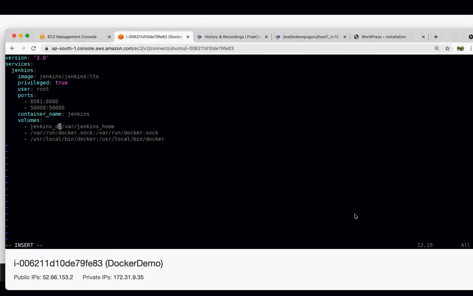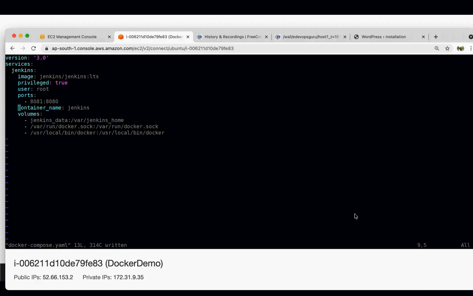In the earlier example, we were using volumes, but those were the empty directory type of volume. But here, we want to run Jenkins with the root user, and we want to expose port 8081.